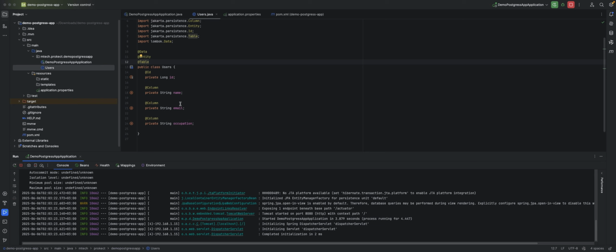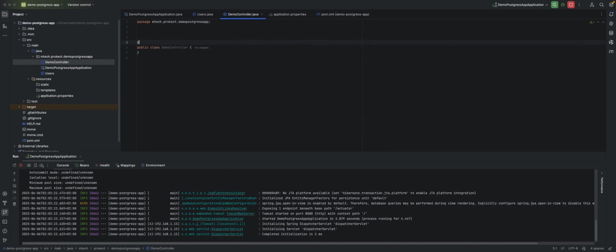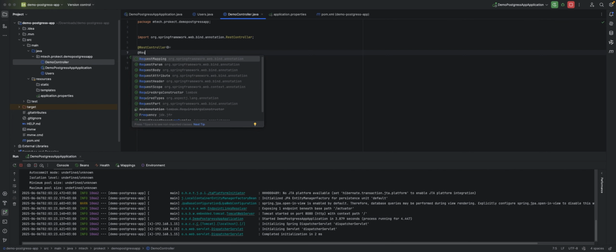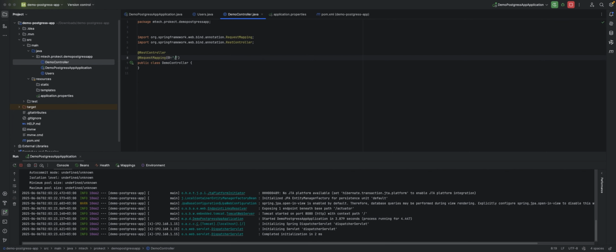Okay. Now let's start by creating some APIs that will be responsible for adding a user into this table and fetching a user by ID. So to do that, we need to create our controller. Let's call it demo controller, and of course this is a REST controller, and let's add the request mapping. Okay, all our APIs will start with v1,